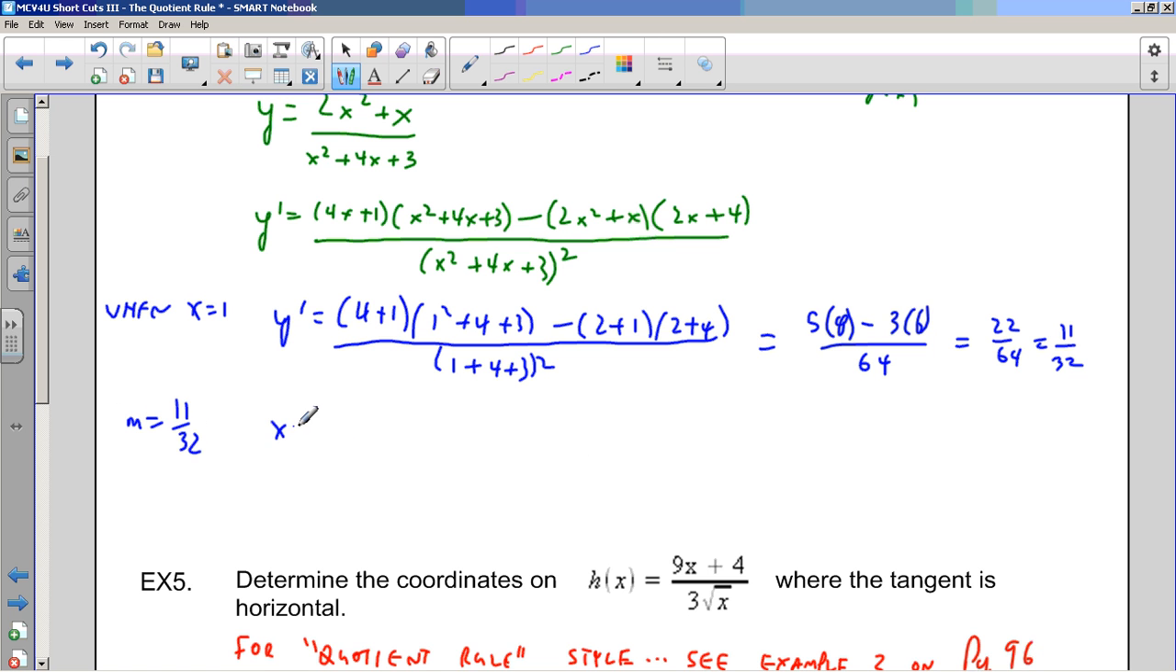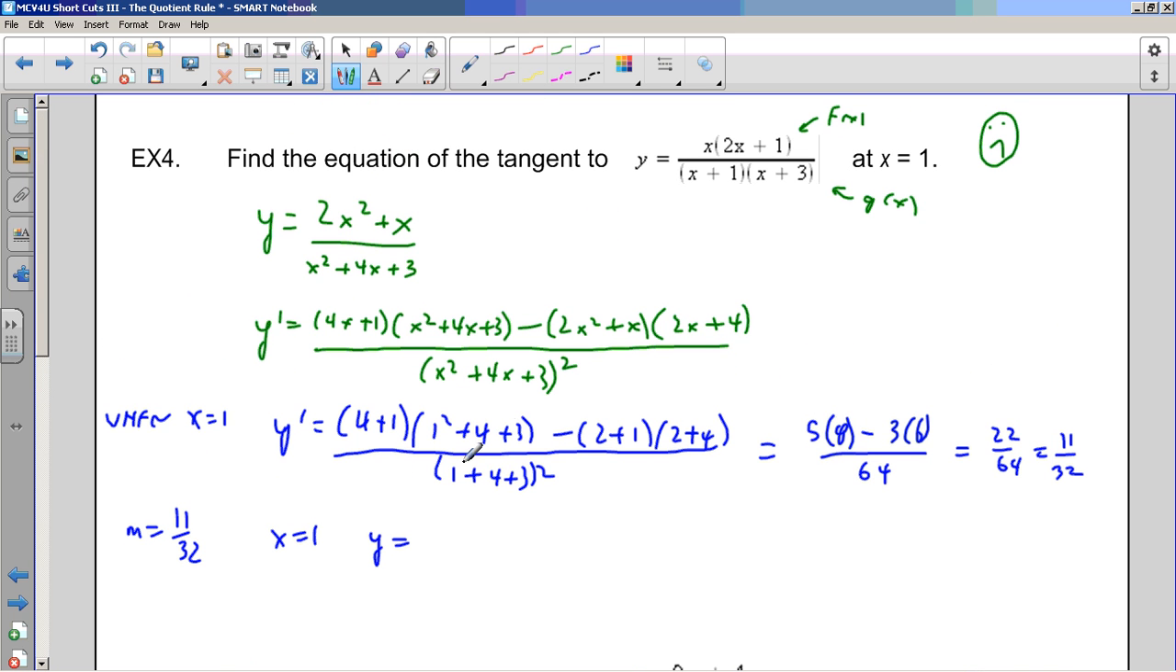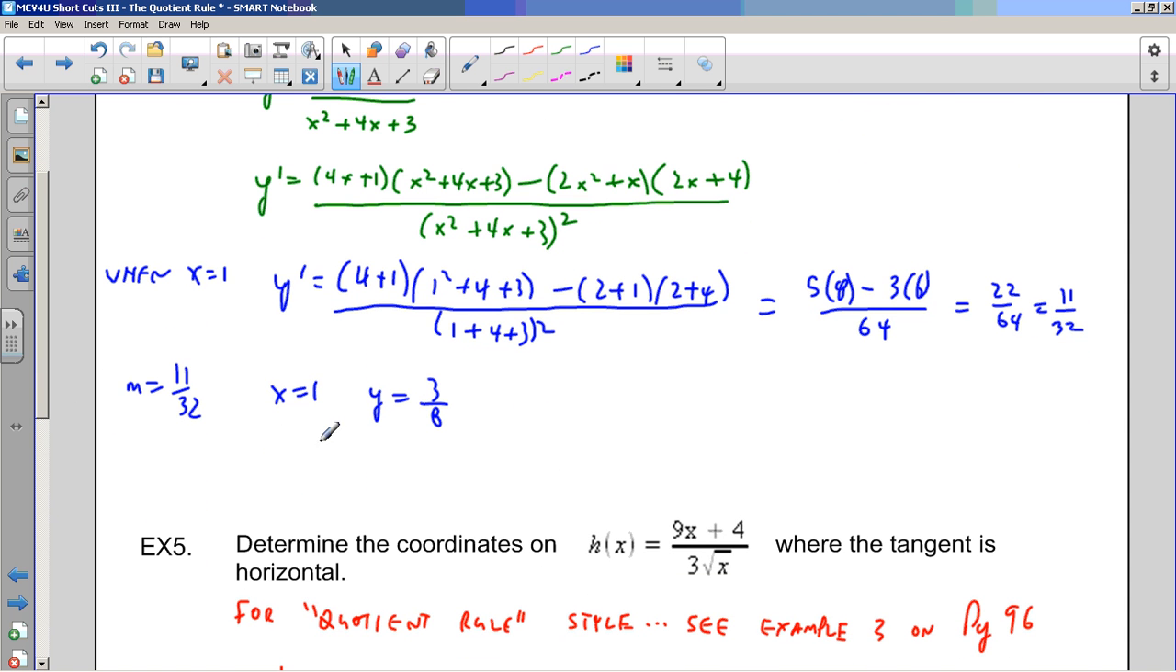What do I got? I got x equals 1. What's the y value? Well, I put it back in up here. When x is 1, y is 3 on the top. On the bottom, I got 8, I think. Yep, 3 eighths. Are you nodding out there? Good, thank you. And then I need to substitute that into my y equals mx plus b form,